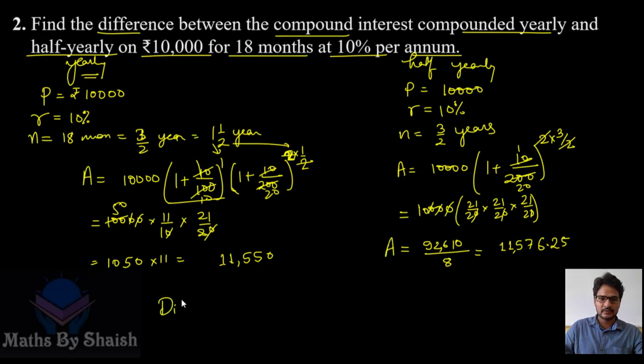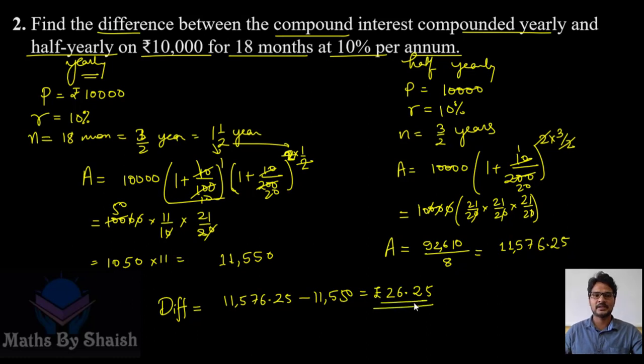So the difference, we'll take the compound interest because it is half yearly, because it is going to be always bigger than that, so it is 11,576.25 minus 11,550, that is going to be 26.25, so 26 rupees 25 paise would be the difference. If it is compounded half yearly, then we will get an extra 26.25 in comparison